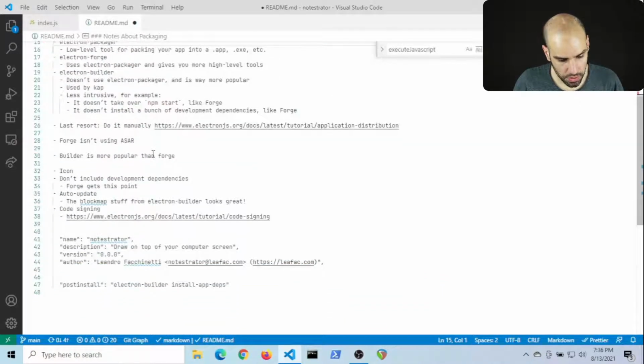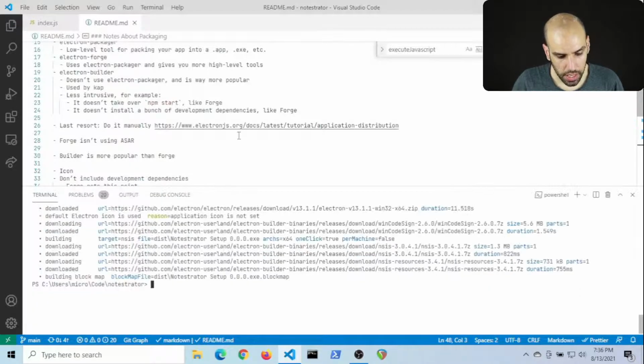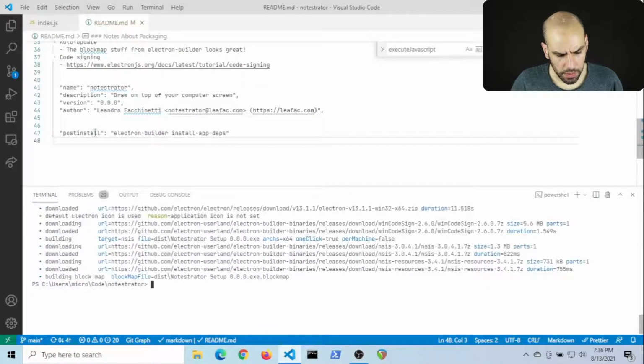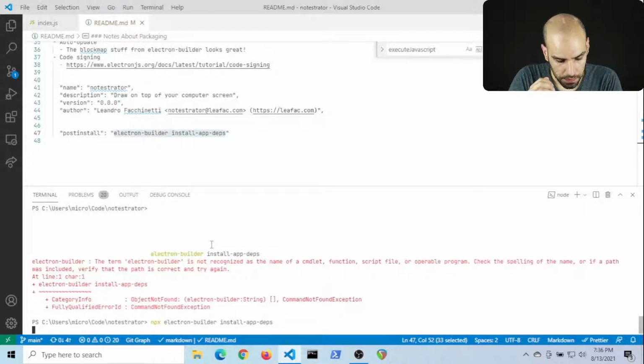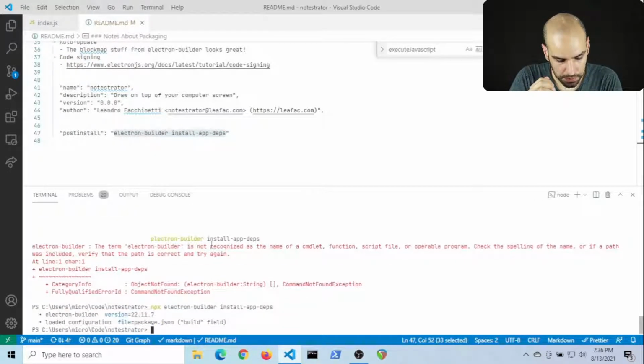And then these are all just notes. And I think I want this line as well, so we can give this a try. I talked about an hour ago how native dependencies need to be recompiled. We don't have any native dependencies, but I suppose we can just run this and we'll see if it will work. Oh, I have to say npx for that to be picked up.